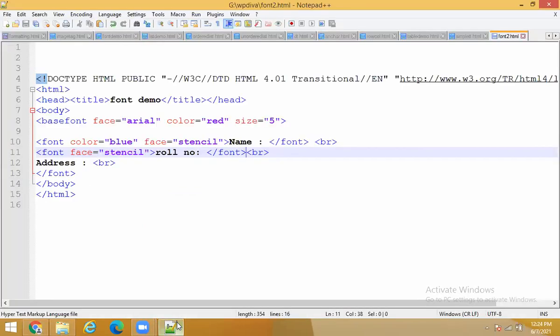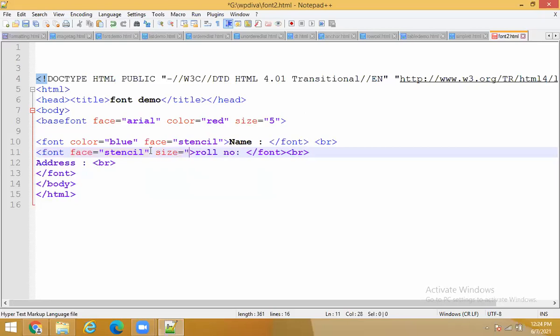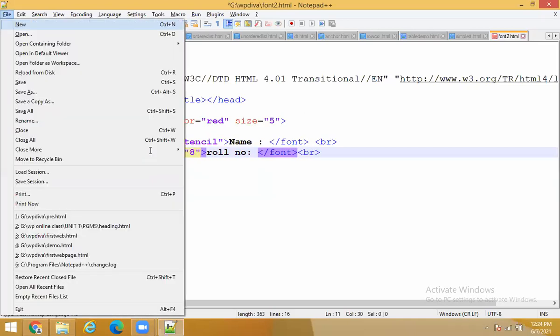Clear? Okay, so it is coming in black color. Why is it coming in black color? Tell me, guys. Because I have not set a color property here. So suppose I set size here. Size equals to, suppose I take another size, 6, or let us take 8. Now save the file and rerun it. Okay, I have not set the color here. So in this way, guys, the font tag is going to work.